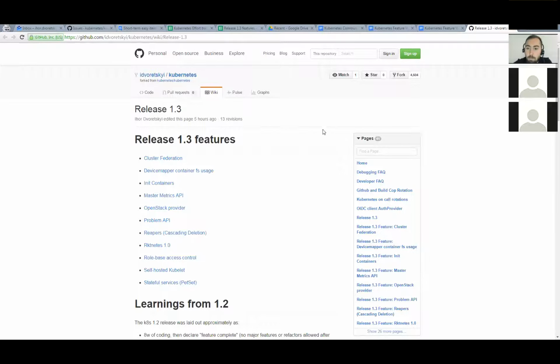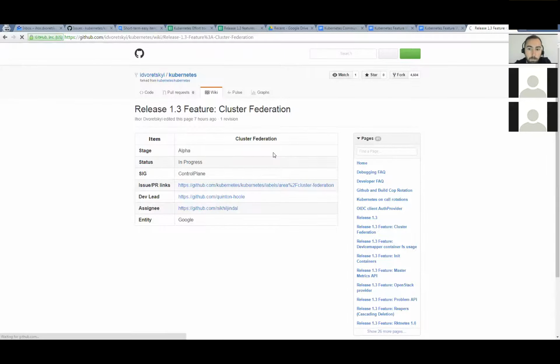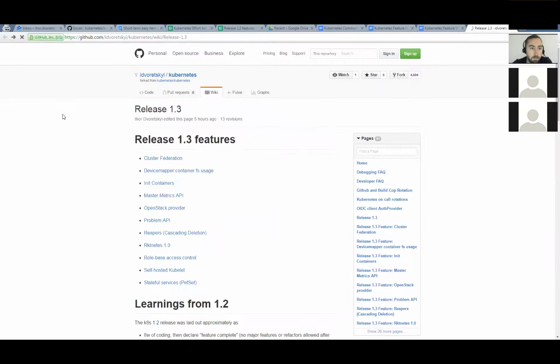Yeah, so I've created this. It's more like a draft, a mock-up of how we can use wiki pages for tracking the actual release features. We may simply take a look at the actual information on that feature that's going to be implemented, its current stage, its status, all the necessary information that we require from that. At the same time, I might propose to move this stuff to the community repo